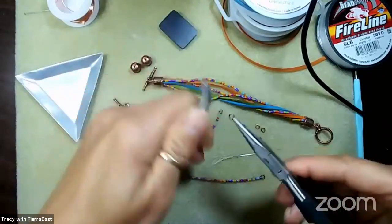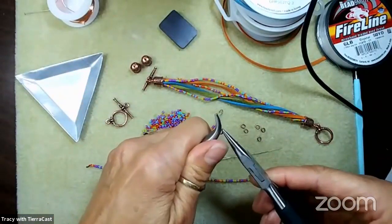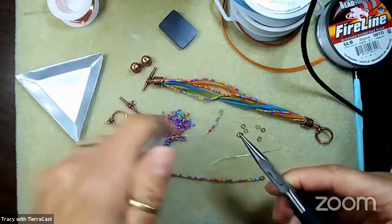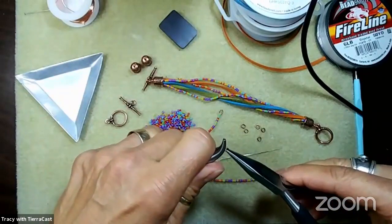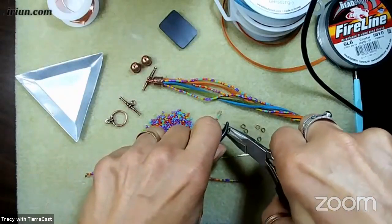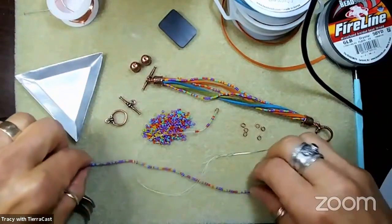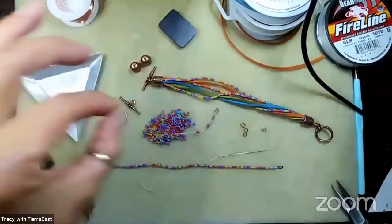Someone did ask that last week, I remember, if you could use closed jump rings, and you certainly could. However, I'm also going to be using jump rings to attach things towards the end, so you'll need traditional jump rings that open as well. Just closing those things is, you know, a job. Oh, it is. As I was closing all 6 of those, because that's what my instructions told me to do,